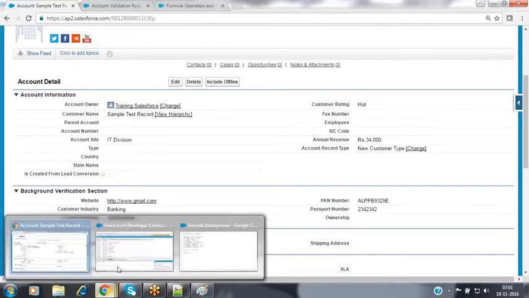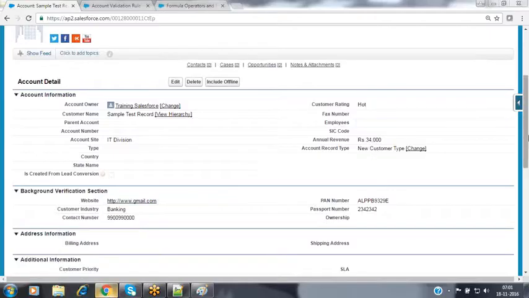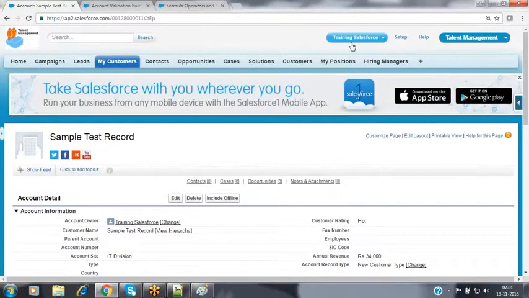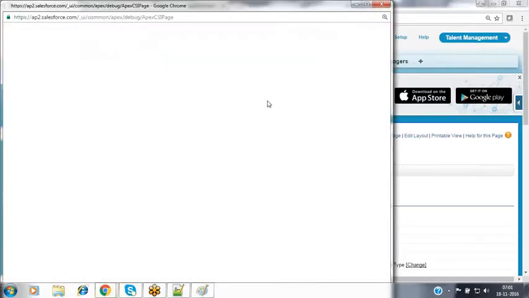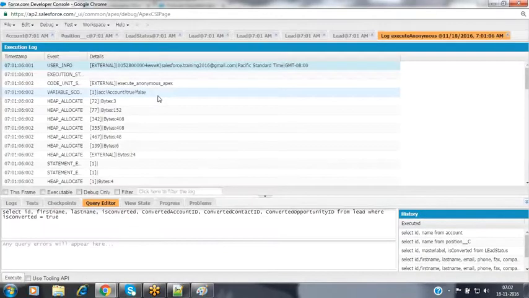Now, if you want to see how to create that record programmatically, go to the Salesforce instance. You are aware of the developer console. Just click on the developer console. It provides one editor to you.